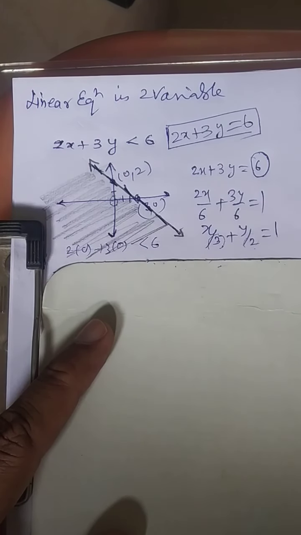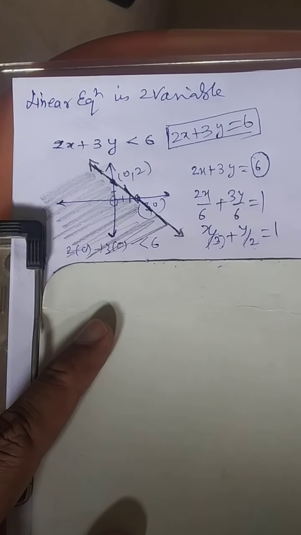Now let us consider another situation: 3x minus 4y is greater than minus 12. Make the correction, here it is minus 12, you write down. I told you the equation is always to be written in the form 3x minus 4y will be equal to minus 12. This is a common method. Then divide by this number. What is this number now? Here it is minus 12. So it will be 3x by minus 12 minus 4y by minus 12 will be equal to 1.